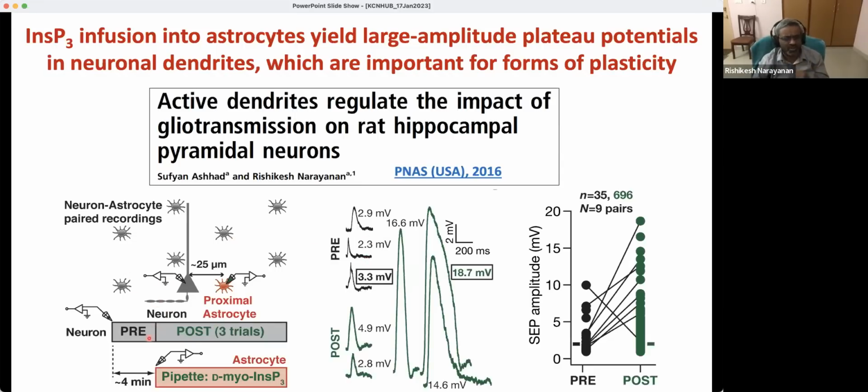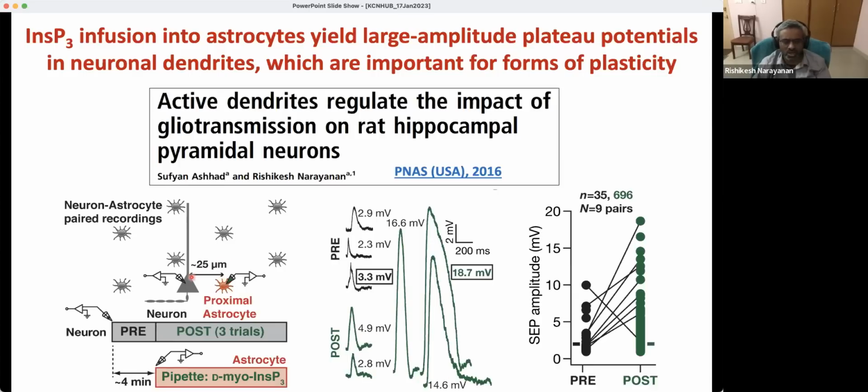Right. So the protocol here is as follows. He patches onto a neuron and measures gliotransmission, these signals. Here synaptic transmission is completely blocked. There are no sodium channels that are present. The AMPA receptors are blocked. So you have this period where he measures this. And then he patches onto a proximal astrocyte with IP3 in the pipette, which activates the IP3 receptors. There will be calcium release, and as a consequence of that, there will be release of gliotransmitters, which would